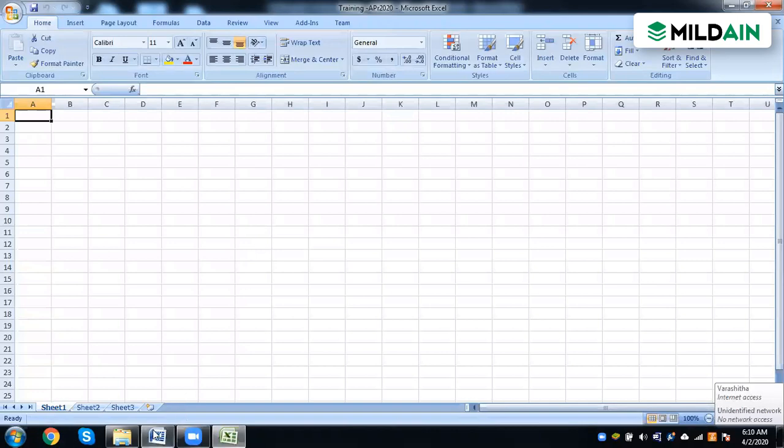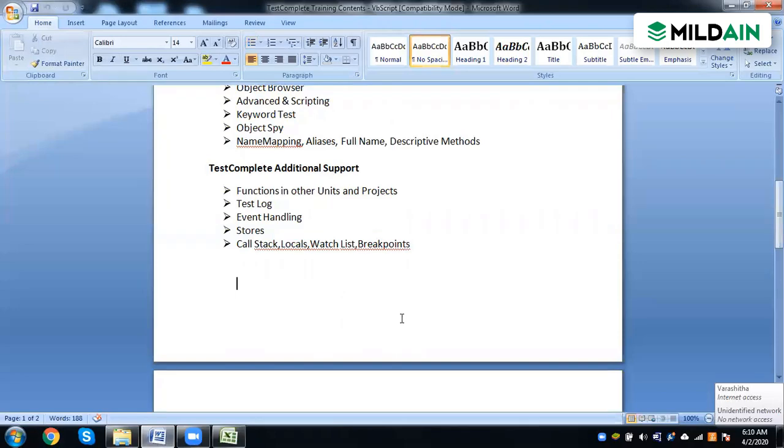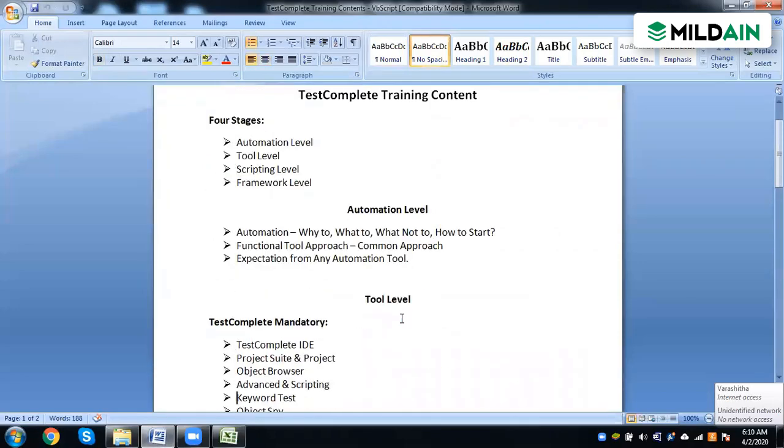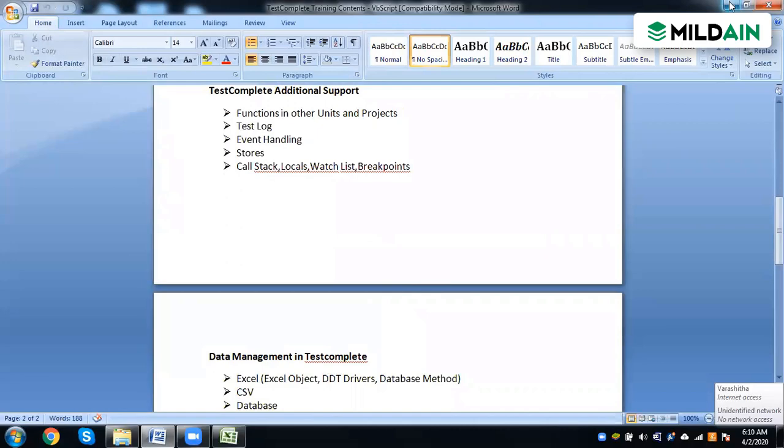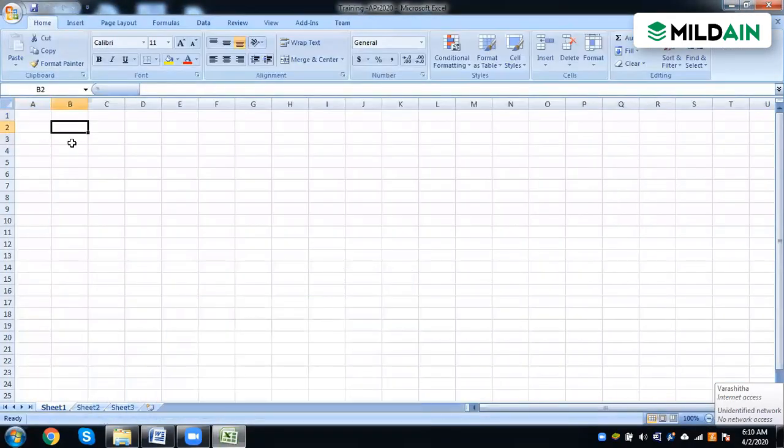I think you should be aware of all this, right? This is basic stuff. How to put a test case for automation and all this stuff. Yeah. Okay, and then for a functional tool,